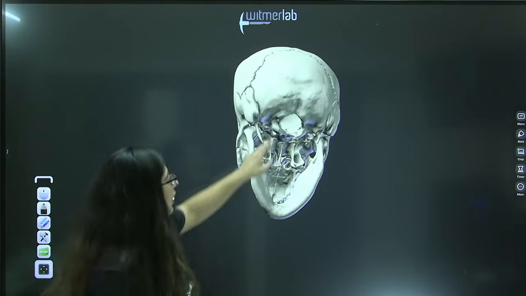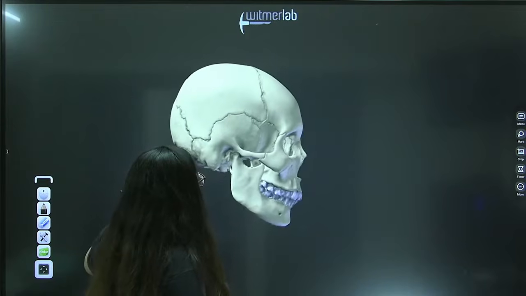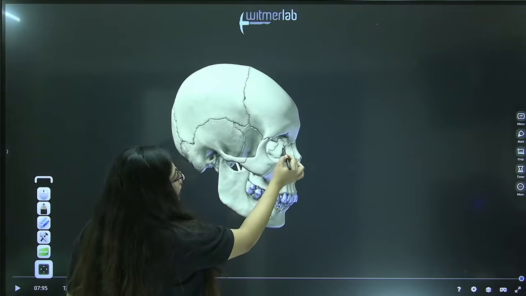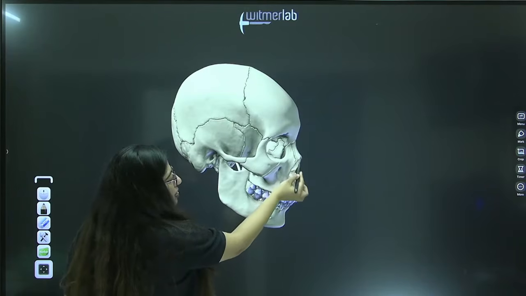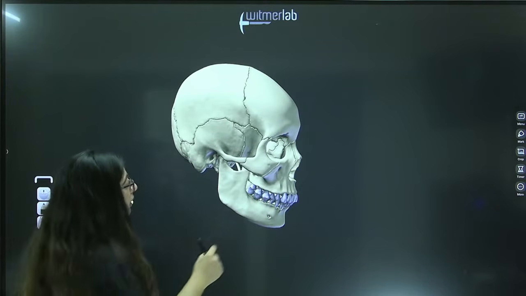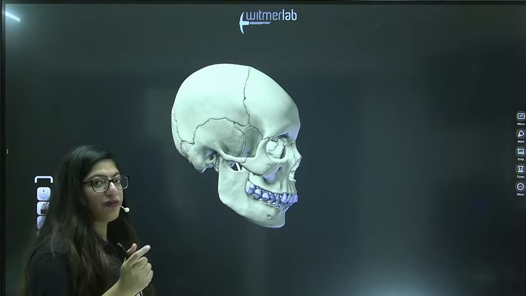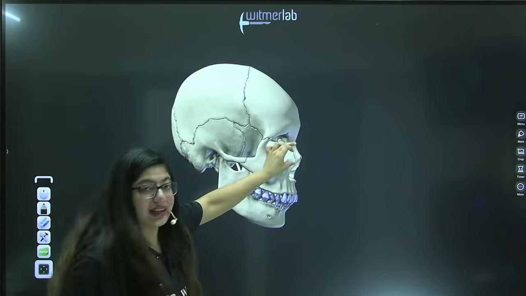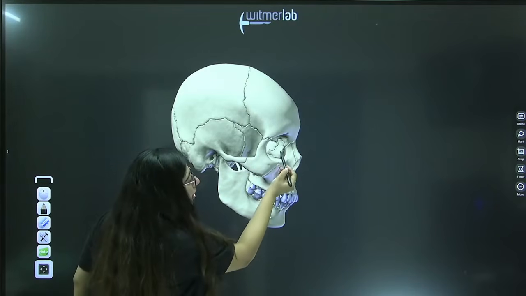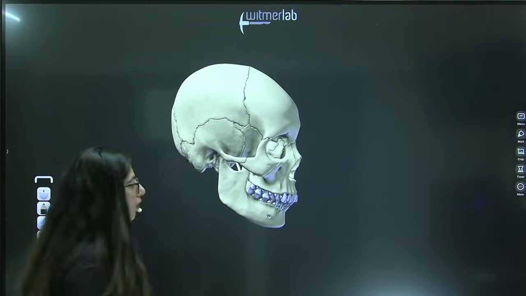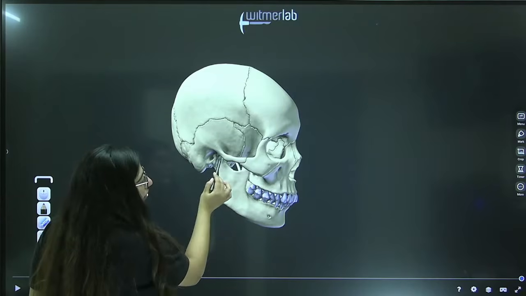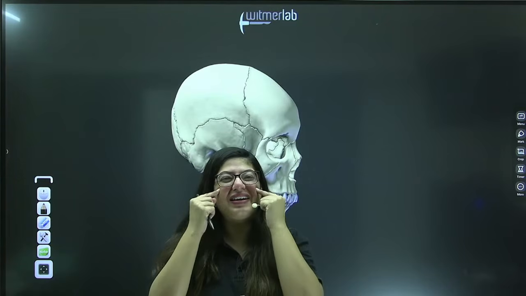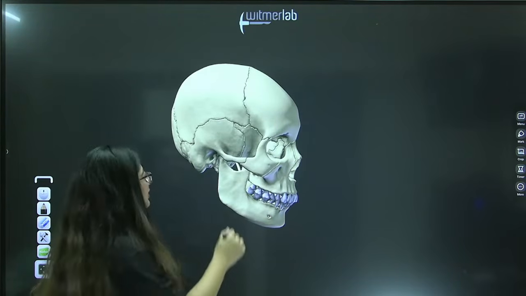Then we have the facial bones. You can see here, this is the orbit of the eye. Inside that is present the lacrimal bone. This one is a nasal bone which will form your nose, right? This part of the nose is basically made up of cartilage, that's why I can move it like this. This one is lacrimal. This bone is zygomatic, the cheek one. When I smile and my cheeks are up, that means I have a bigger zygomatic bone.